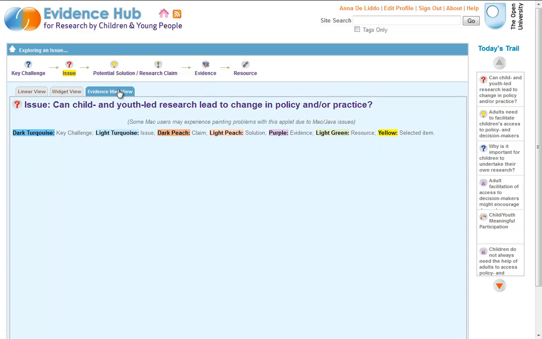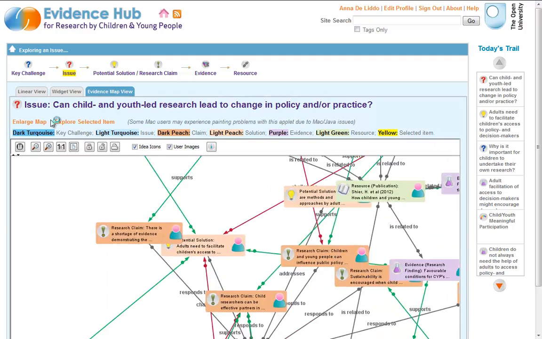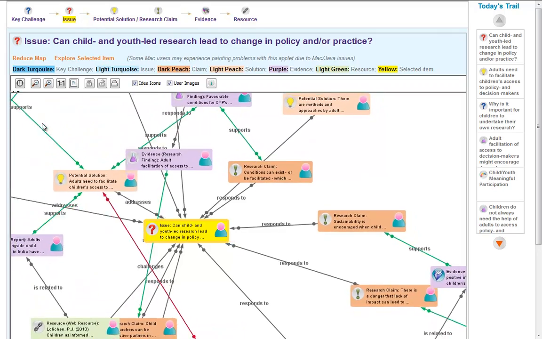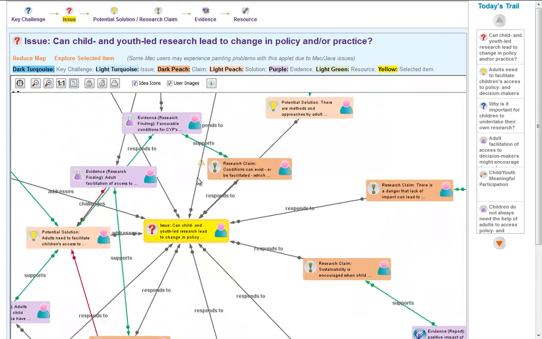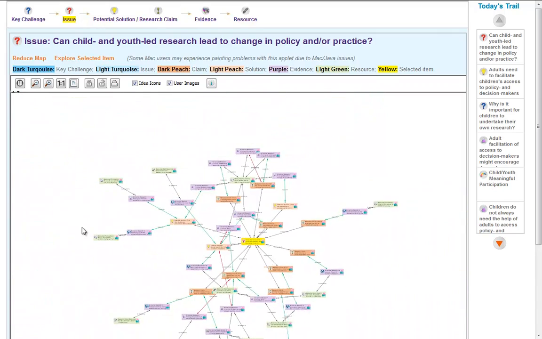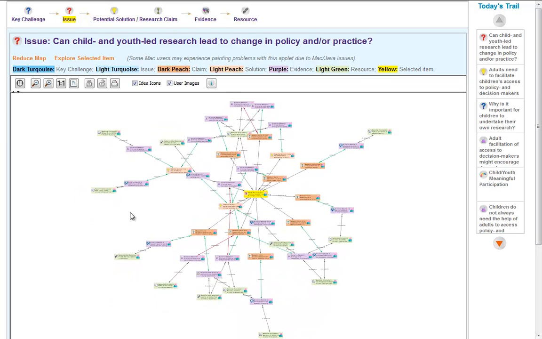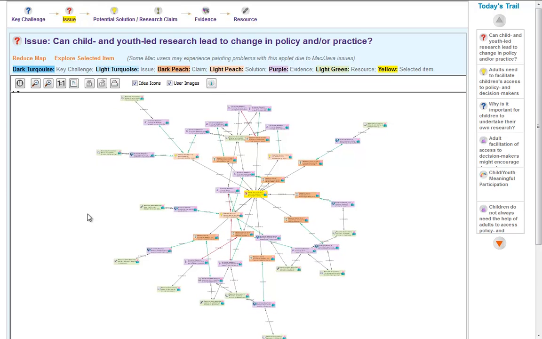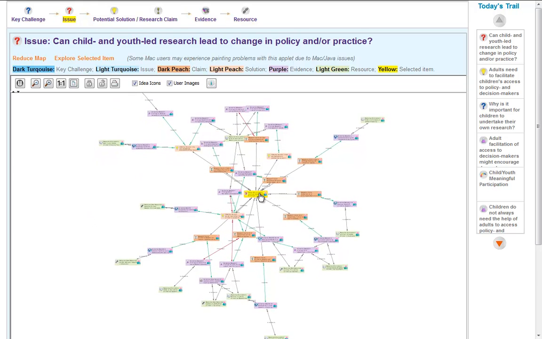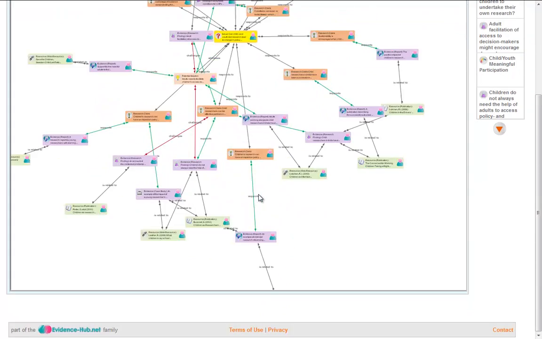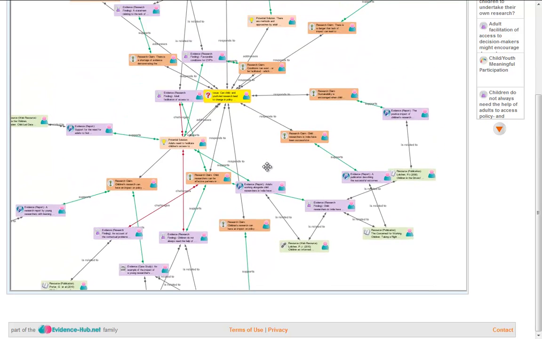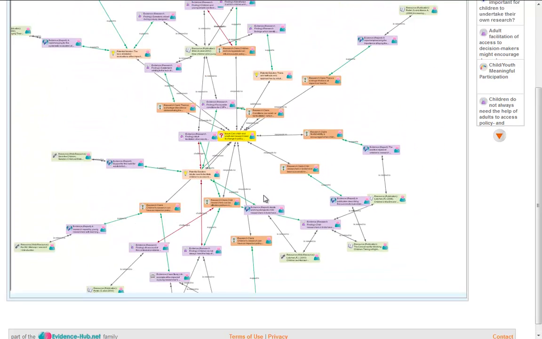So this is going to be a much bigger map now, but for the purposes of analysing the literature or seeing what the weight of evidence is, this may be a useful view as well. I've just zoomed out so you can see the overall shape. You can see it sort of organizes itself, and if I zoom in on it, then you can see that